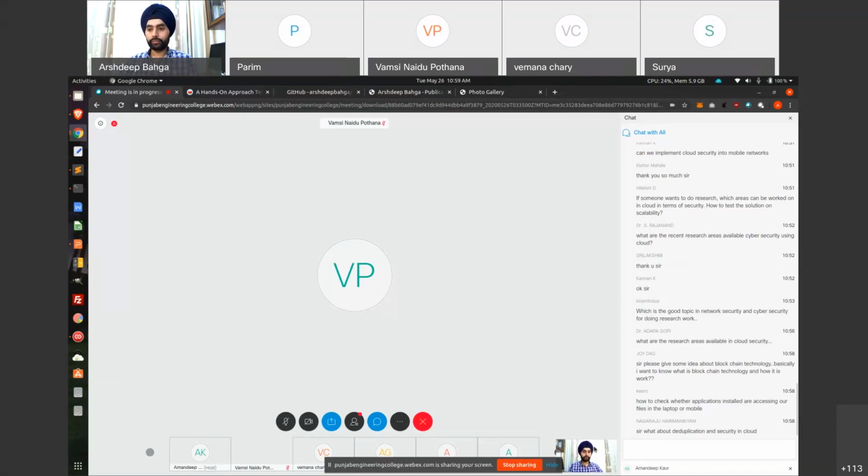And using this blockchain technology, we can build trust within a set of nodes which are distributed, and they do not need to trust each other as such. There is no centralized authority involved in a blockchain network. So it helps in establishing trust through the use of various consensus mechanisms, like proof of work or proof of stake are the consensus mechanisms in blockchain.